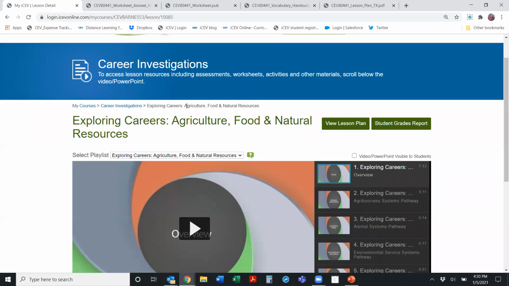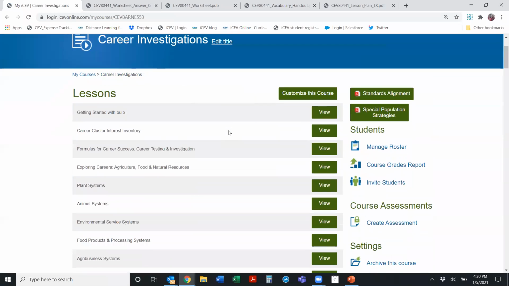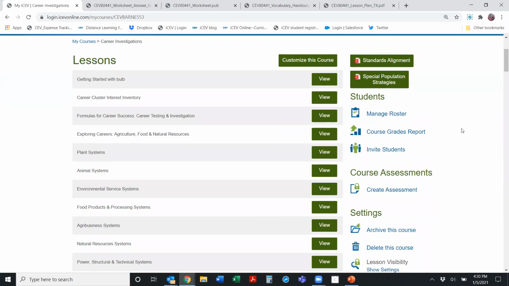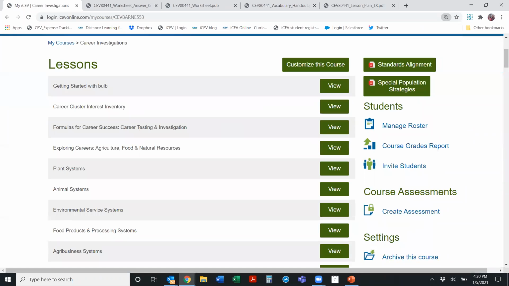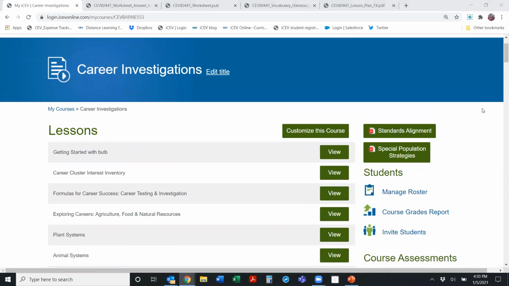But I'm going to go back to my breadcrumbs and go back to the course where it lists all of the lessons. And I want to show you around this right-hand side over here, where you can see that because I chose a playlist that had a VA in front of it, I have this document called the standards alignment.